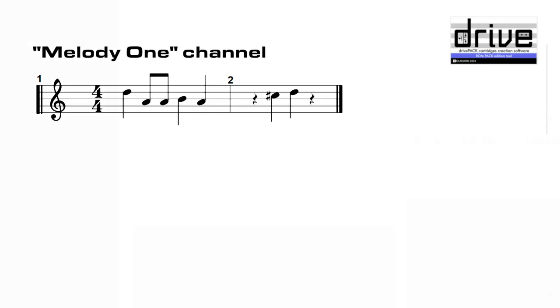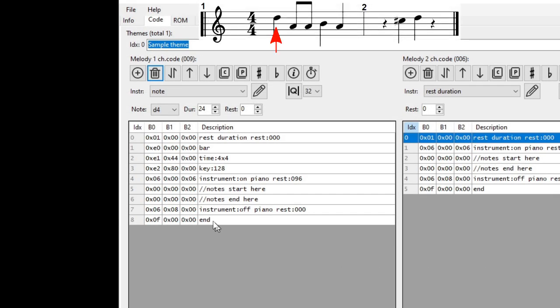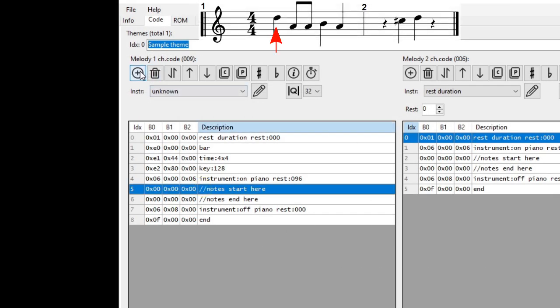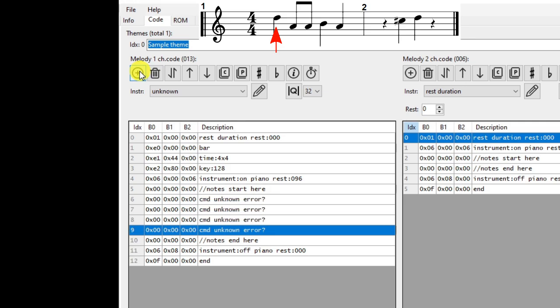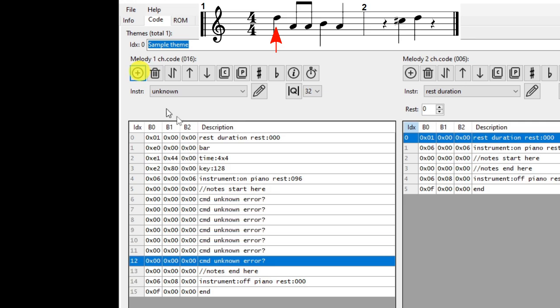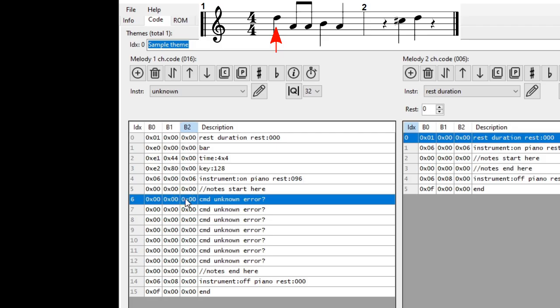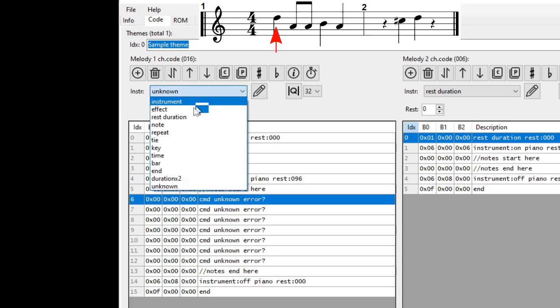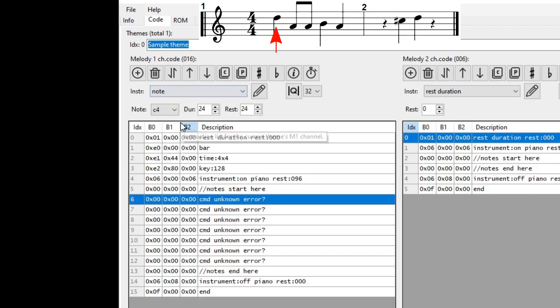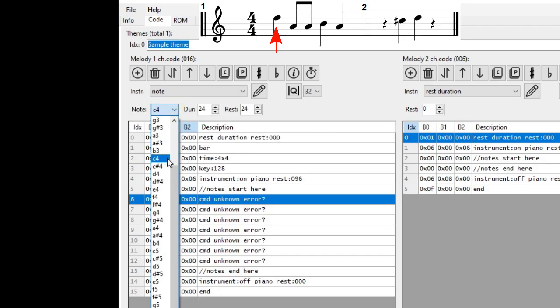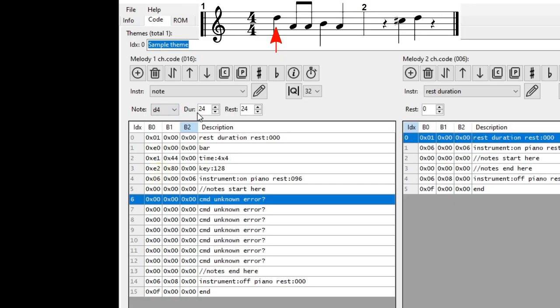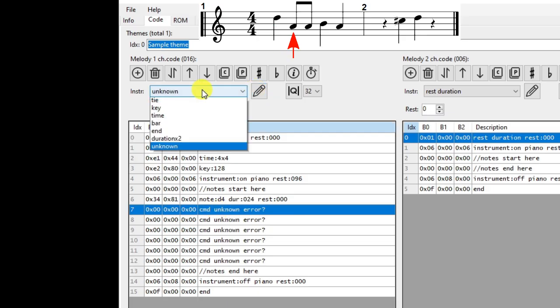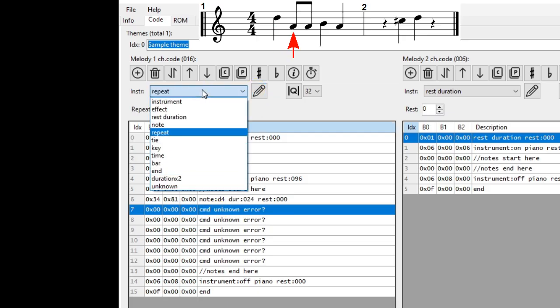The notes are a crotchet or quarter note, D, a quaver or 8th note, A,